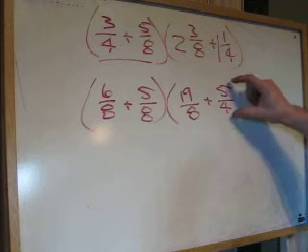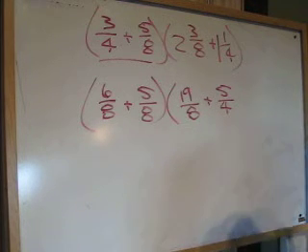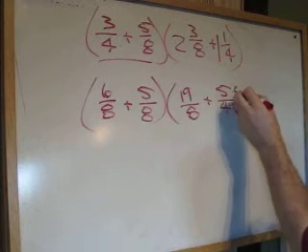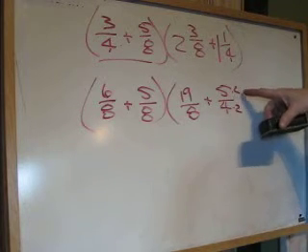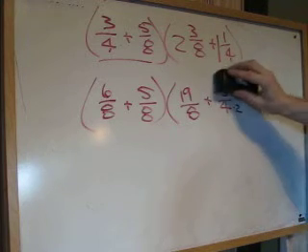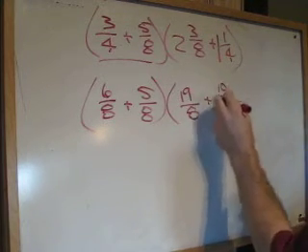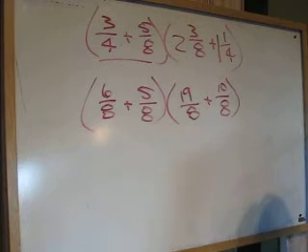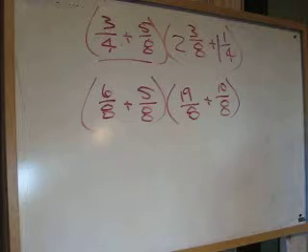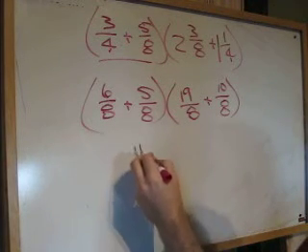And we need to change this to a common denominator of 8. So to change this 4 to an 8, we multiplied it times 2, and this 5 times 2 gives us 5 times 2 is 10, over 4 times 2 is 8. So this is going to actually turn into 10 over 8. Okay, now we can add these things together, and when we add them together we get 11 over 8